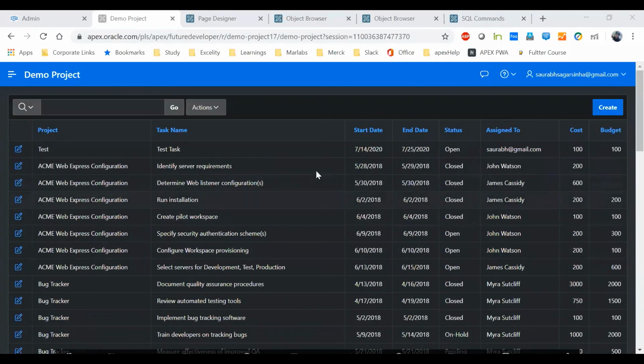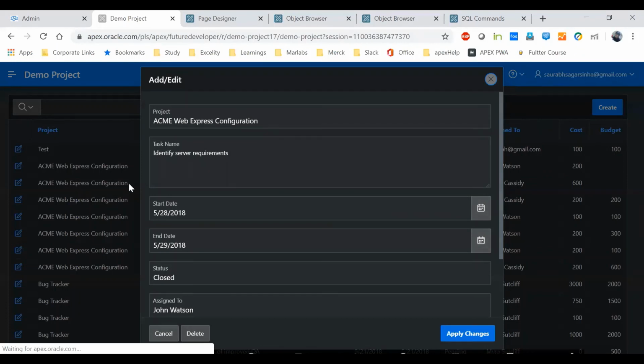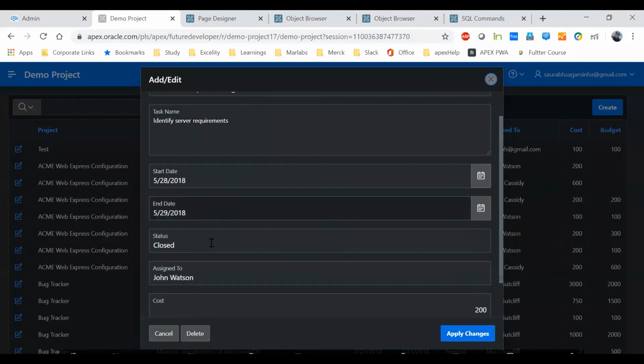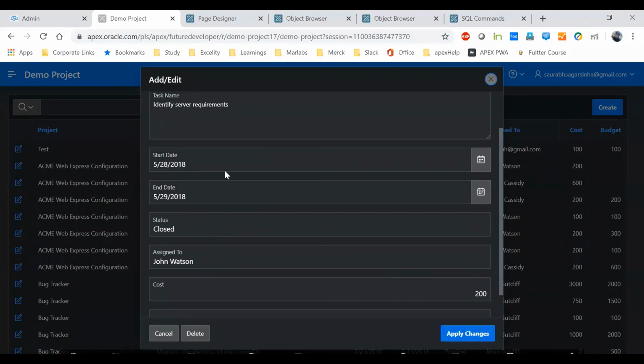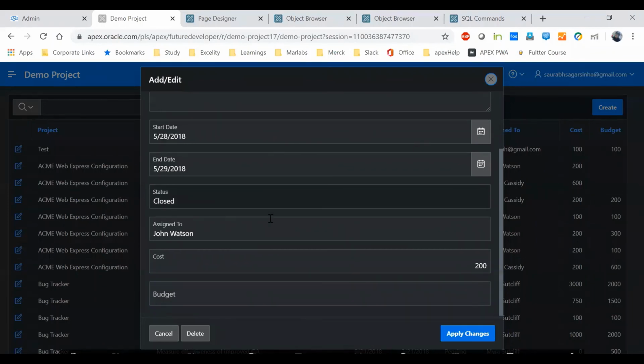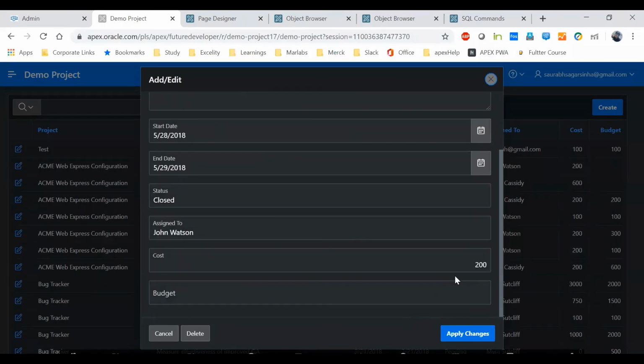So here, as you can see, I have created the information. Now I'll edit the information. How can you edit that? You just have to click on this edit button and all the information will be filled automatically. As you can see, the row I have selected, that information got filled here. Let's say cost will be 1000 and budget will be 100, and I'll click apply changes.